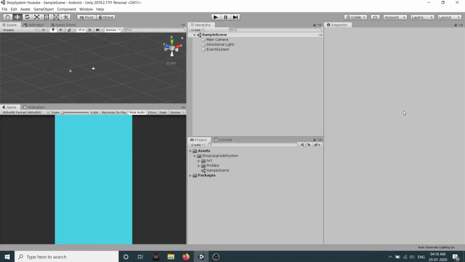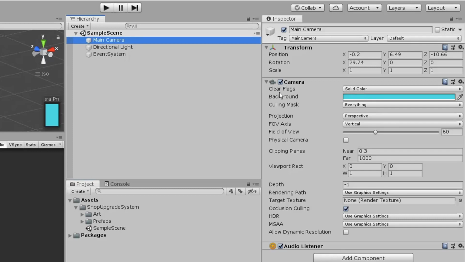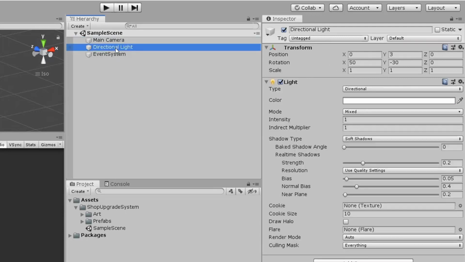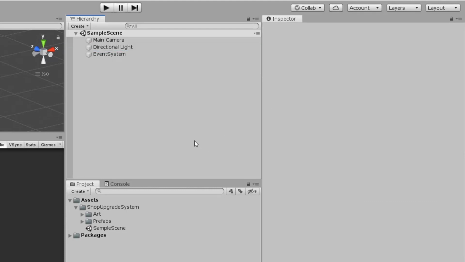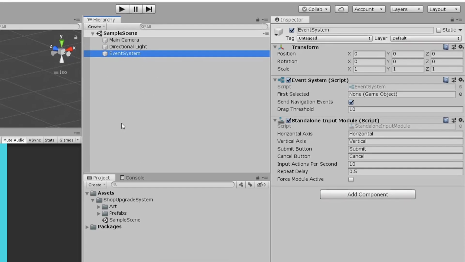So as you can see here, I have created a project and I have imported the starter pack to it, which has few prefabs if I can open it. And it also has some art materials like UI and some texture and font, etc. Here is my camera. My camera's clear flag is solid color, which has some color, and I have already given it some position and angle. And my direction light color is white, and the strength of shadow is 0.2. And we also have this event system component inside our scene.